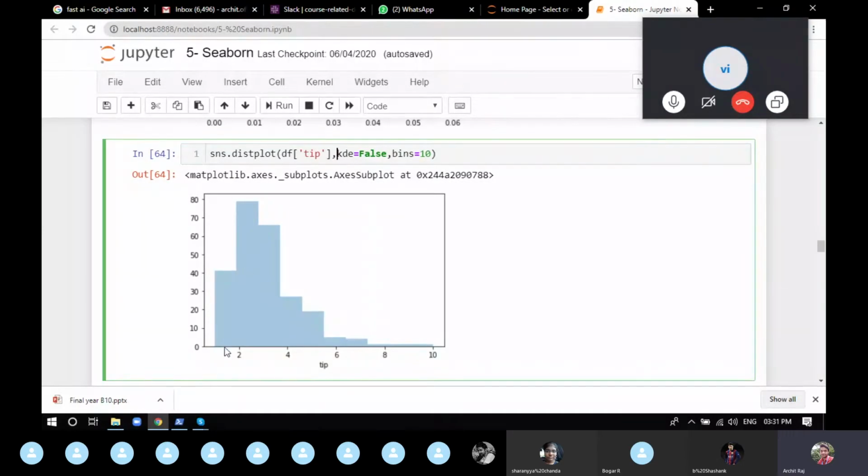So it's just going to give the same data, but it's providing the exact number. So now you can see between 2 to 4, if you imagine it's 3, between 2 to 3, 80 people gave the tip. Between 3 to 4, 75 or 74 people gave the tip. So this is what you can do if you write kde false.